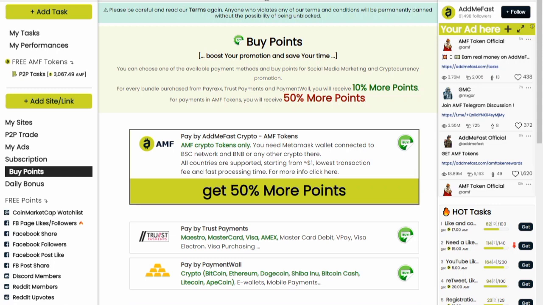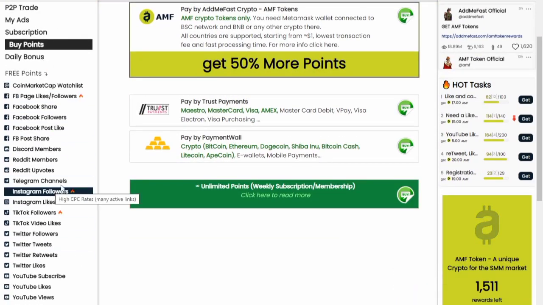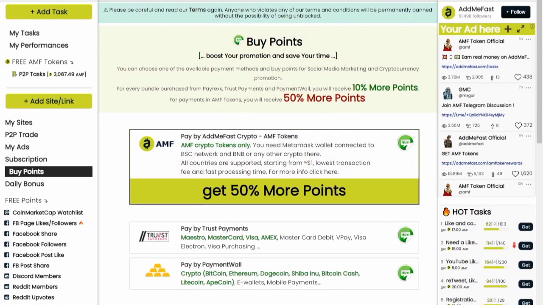So basically you're asking also, how did I get this point over here? You could get this point just by doing some of these tasks. You could do some of this stuff for others, just as these people will come to your account and also help you grow your social media account. You could also go to their account and also follow them, like their posts, whatever you want to do.